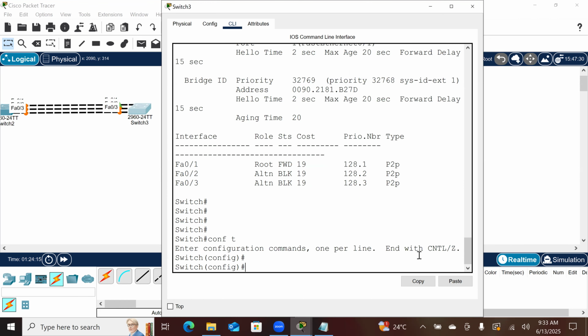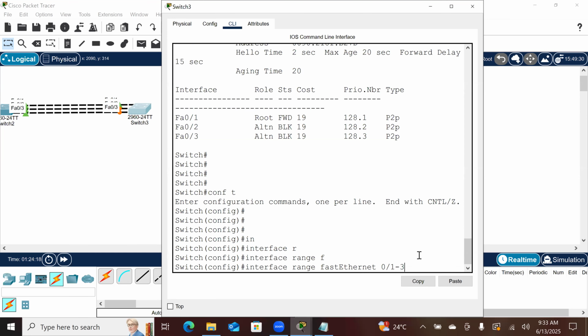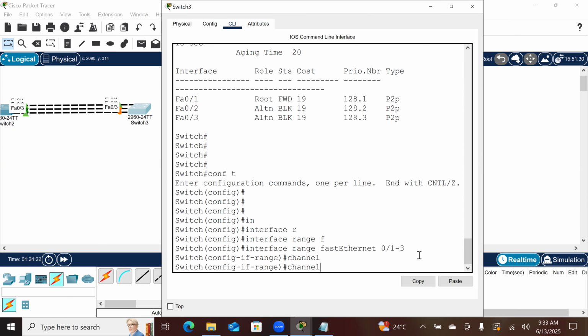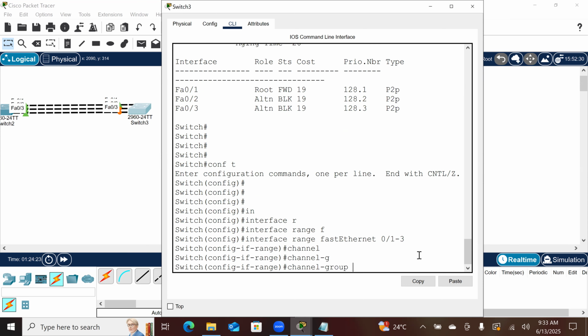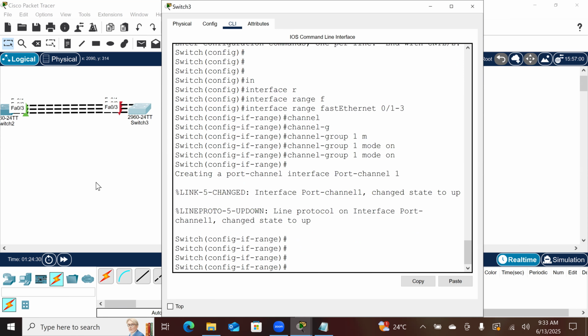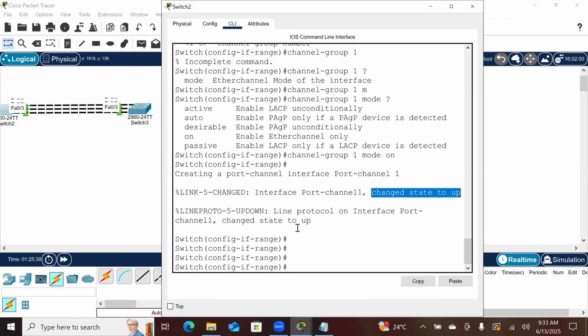Okay, so config t again, interface range fast Ethernet 0/1 2 3, and then you have to say channel-group 1. You have to keep it in the same group. And after that the mode will be on. Done. You can see that all the ports are up now. Okay, if you want to check,